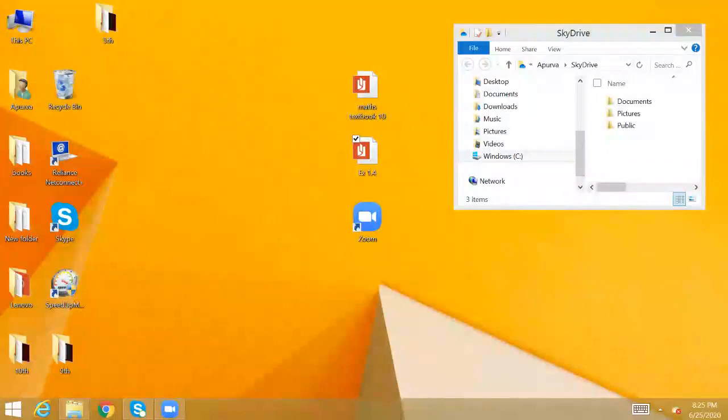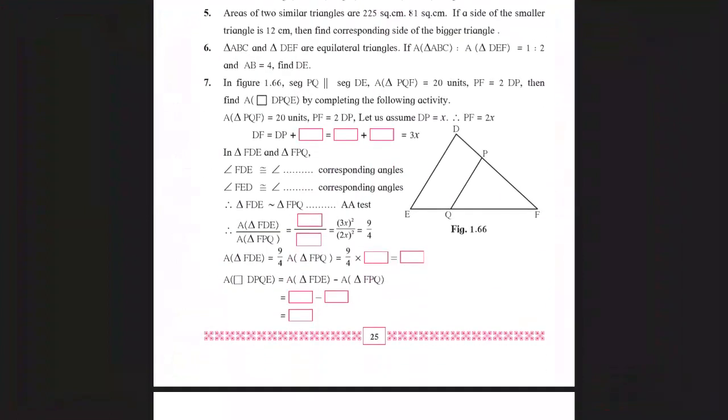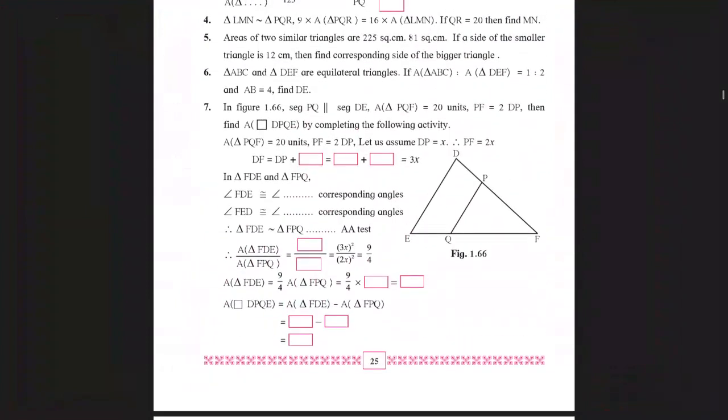Okay, so with that we finish with question number 7 of this exercise 1.4. We have covered all the questions here. The next exercise that we go to will be problem set, which will be a combination of all the questions which are there in the lesson. So children, you will try first exercise 1.4, learn theorem of areas of similar triangles, complete exercise 1.4, revise through all the exercises, try out questions in the problem set. So in the next session, we'll be doing questions from the problem set, and we'll see if you have difficulty with any of these, you will come to know how to do it.